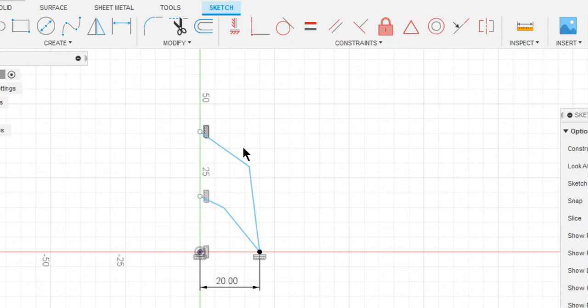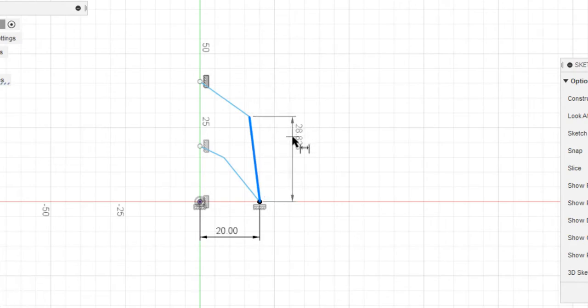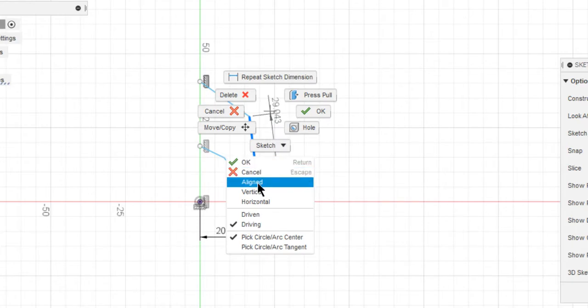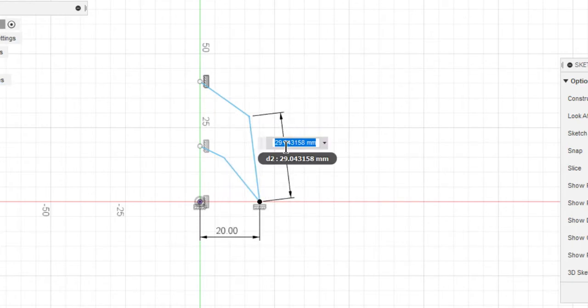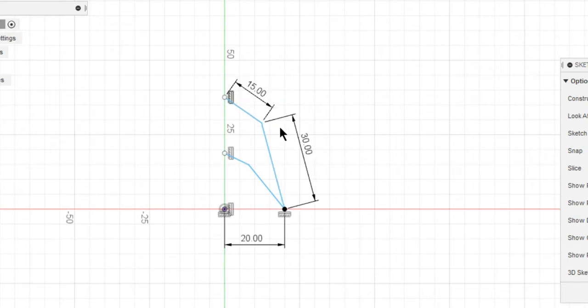So, let's define the dimension of this line. Be on the keyboard, select this line. If you are unable to get the aligned dimension while you're hovering, just right click and choose align in here. That's all. Let the length of the line be 30 mm. The length of this line is 30 times 0.5, that is 15 actually. So 30 by 15. Right, we are satisfying the eccentricity value.